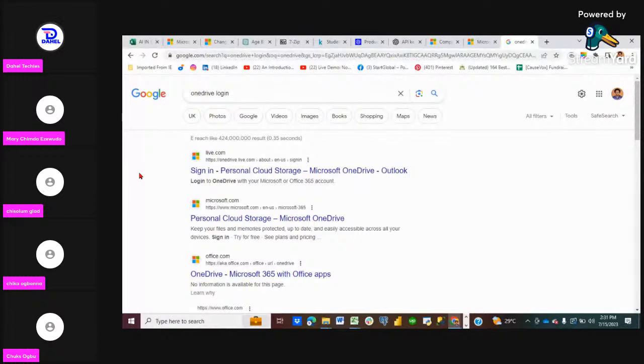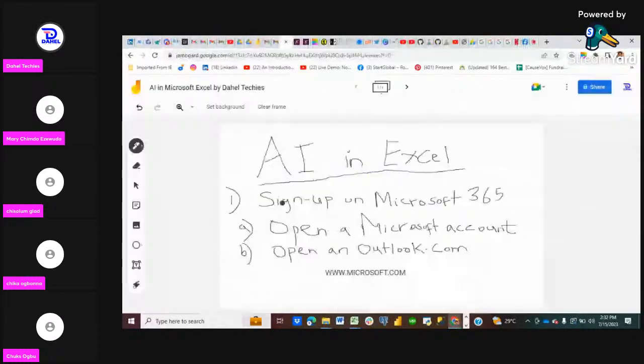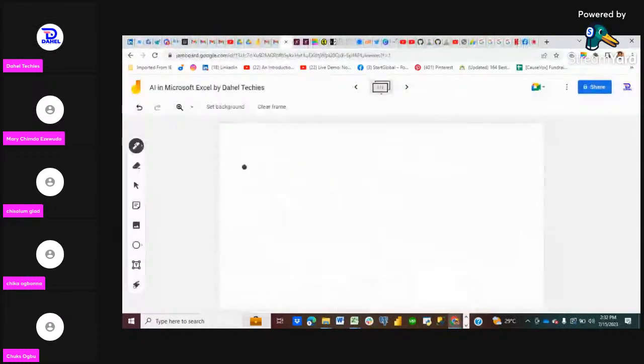OneDrive is to Microsoft as Google Drive is to Google. Probably have to write that down. So this is the first thing you need to do. Second thing, number two,